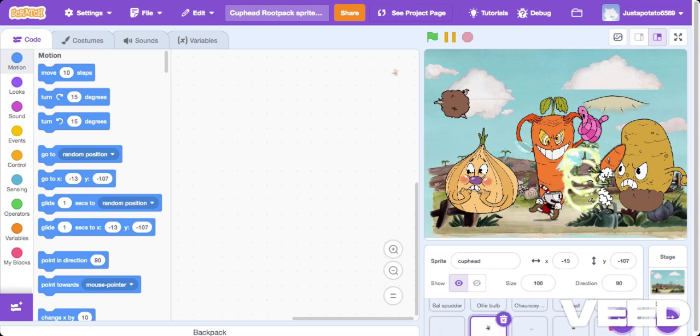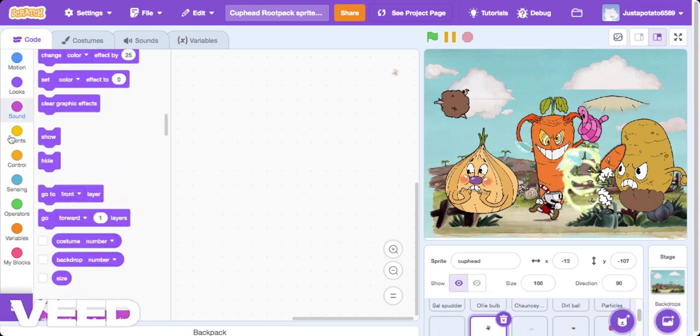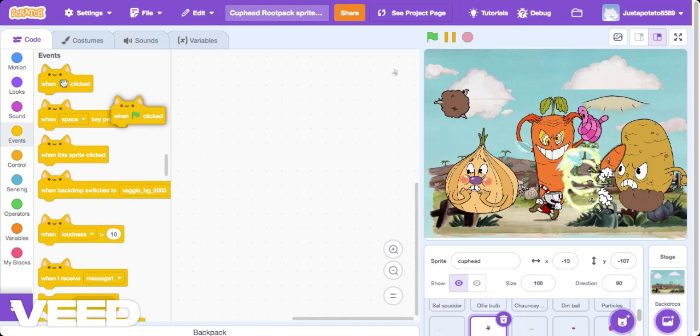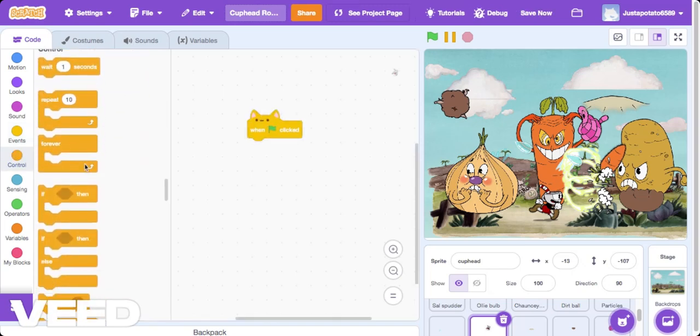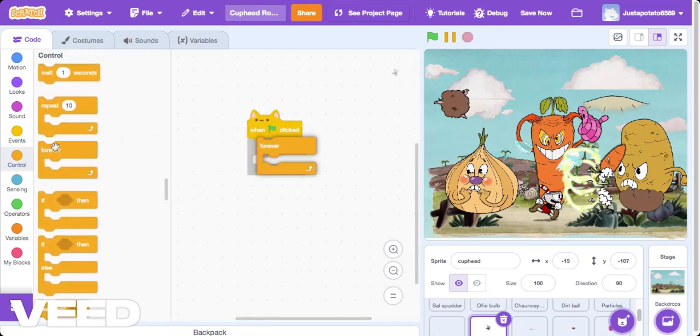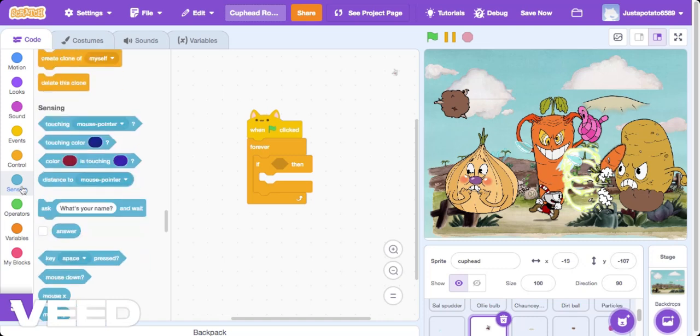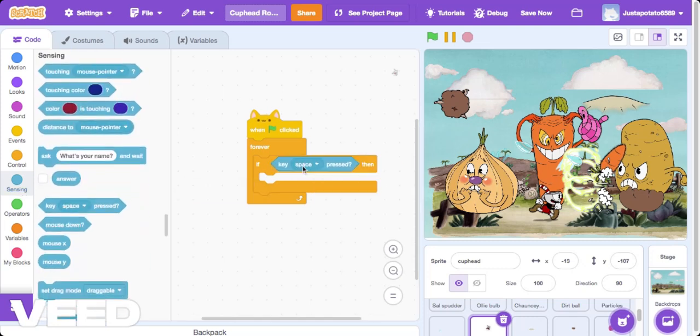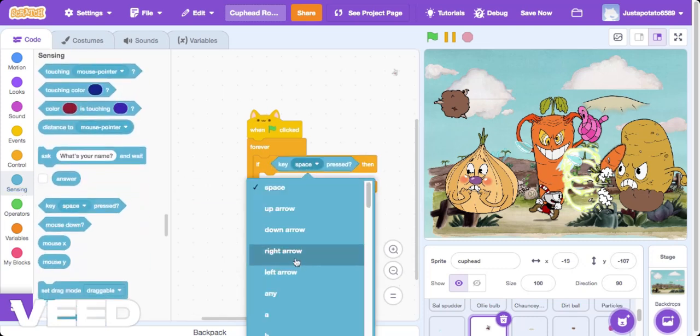Now, let's put in some movement. So, when flag clicked, forever, if key right arrow pressed,